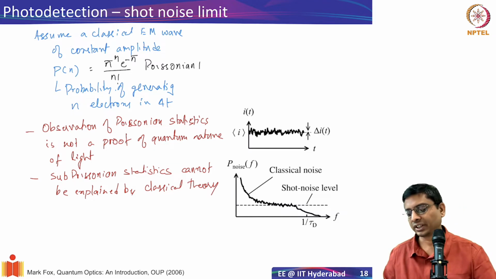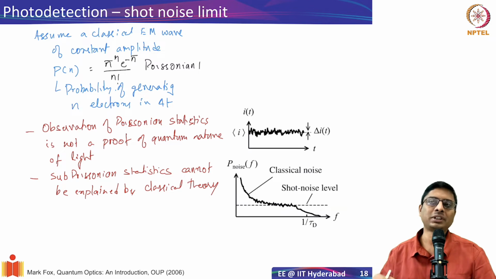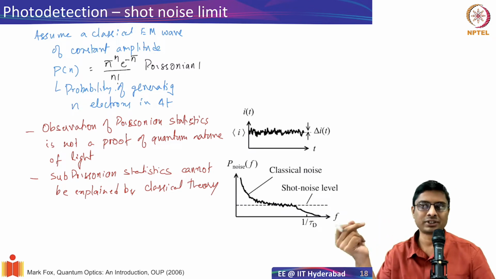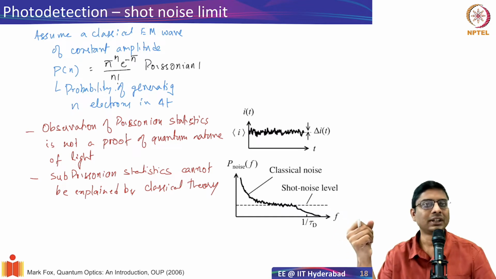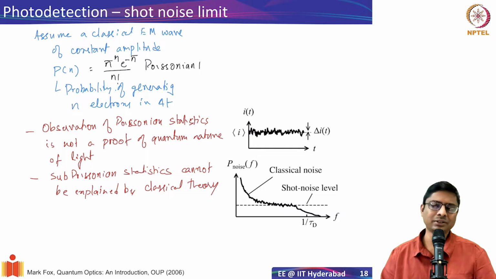Now, when we say photodetection, what is the process involved? We said that, okay, there are these photoelectrons generated. How many electrons are generated? Because finally a photodetector will give you output as a current. What is the current that you get out of a photodetector? That can be computed. What will that depend on? Let's assume that there is a photon flux, right? We know how to calculate the photon flux. The photon flux is given by power divided by the energy, right? So if you have a photon flux, let's say there are 10 photons per second, and they will generate 10 electrons. That means there is perfect quantum efficiency, right?